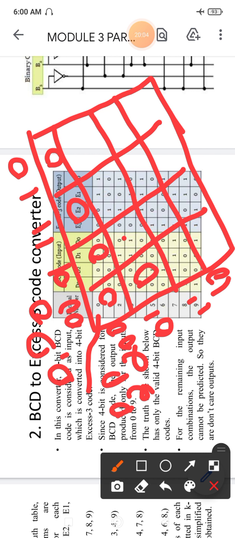For 5 we are having 0101, it will be high here.